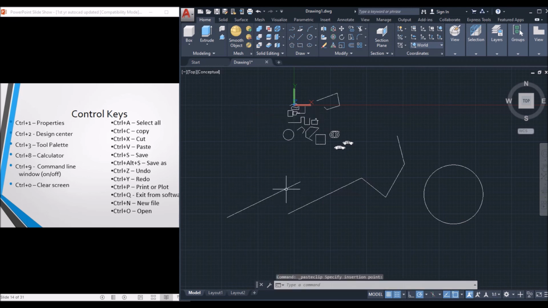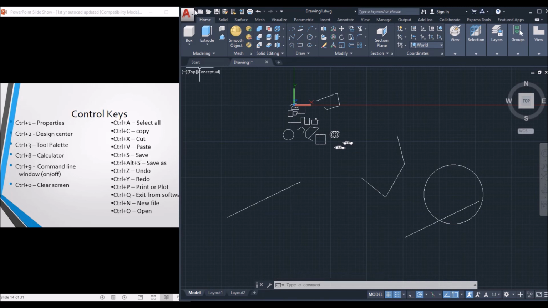Like this we are going to copy and paste it. Next, cut and paste. Again I am taking this line, now I am using the cut, Control plus X, so it will disappear from this place, and if you click on the paste option, you can paste it in the other place.